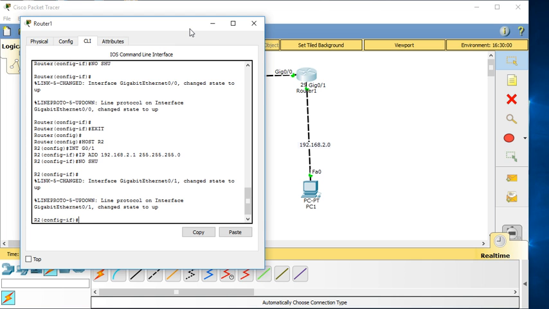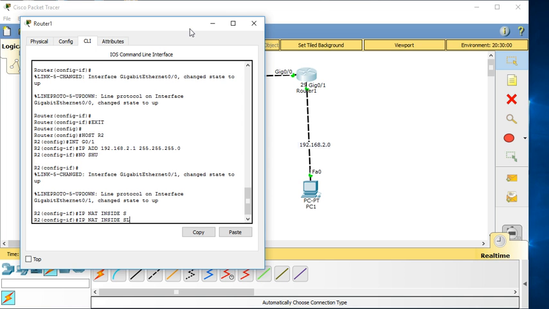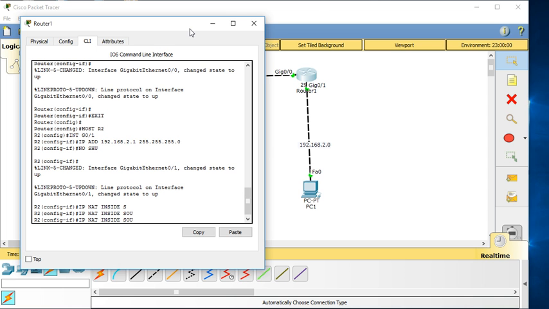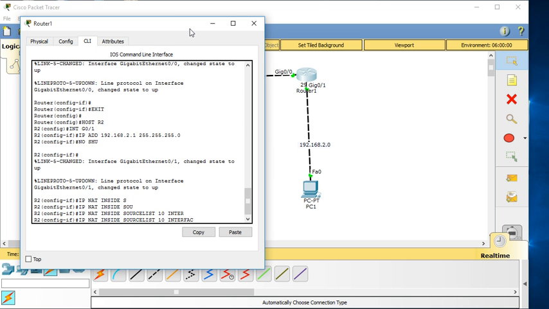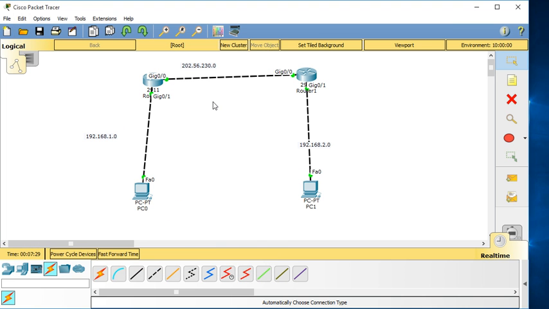Finally we use ip nat inside source list with the interface.